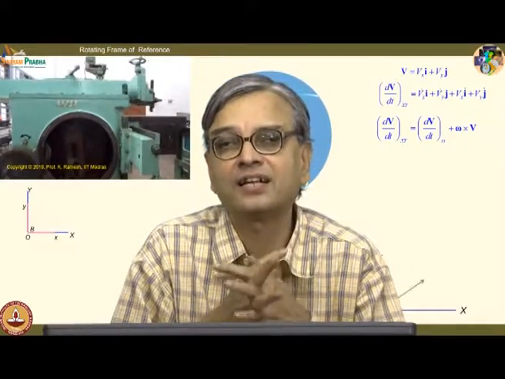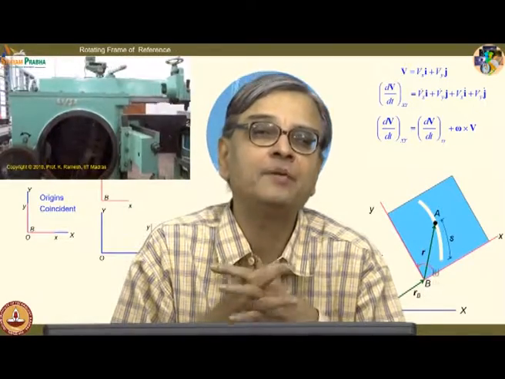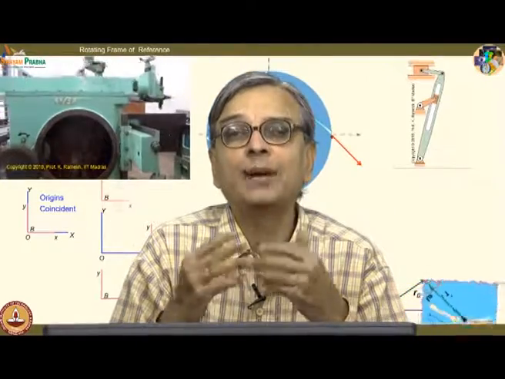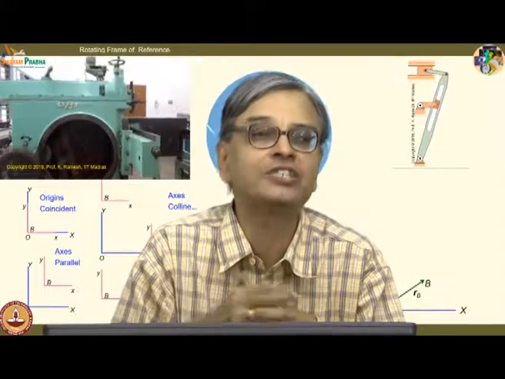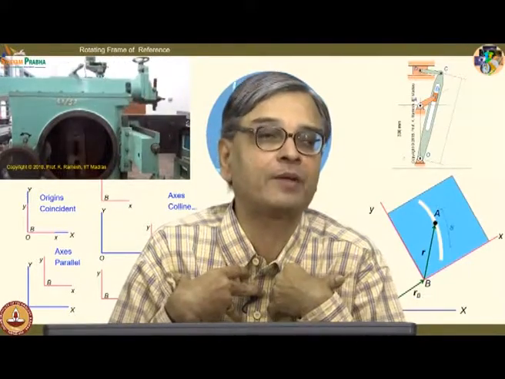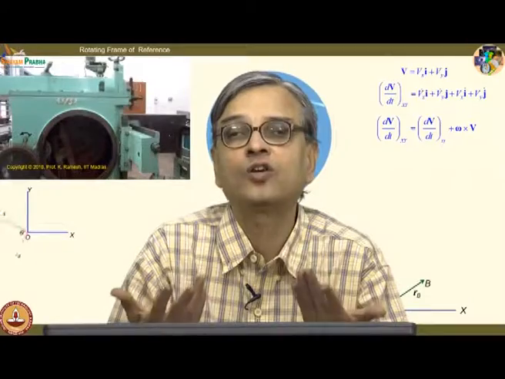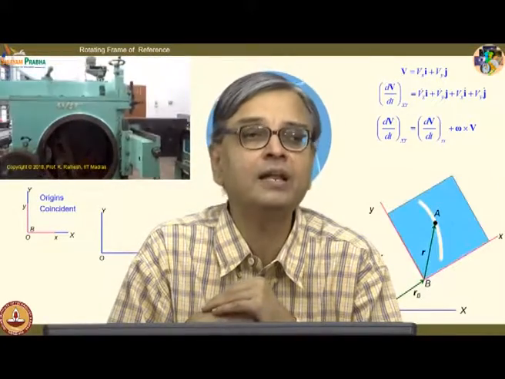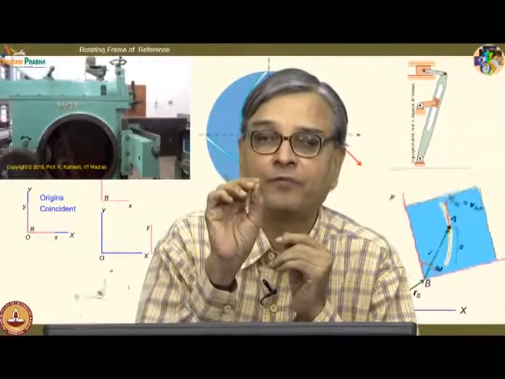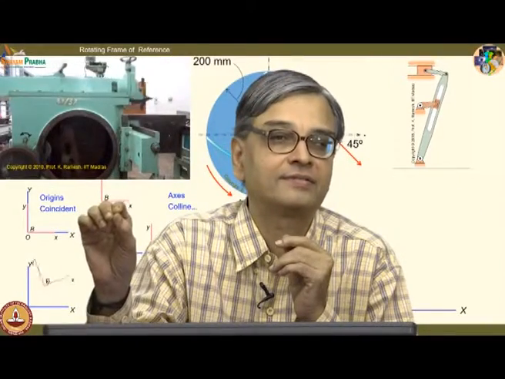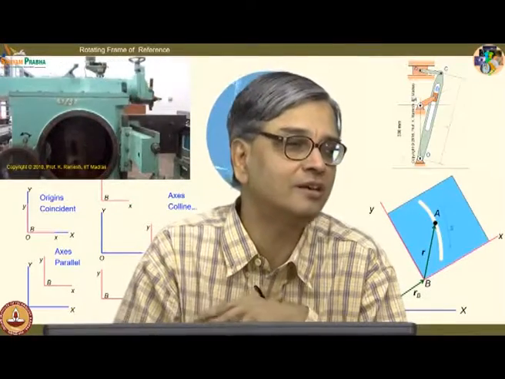So, in this class we have looked at a very simple problem, and we have dissected the animations so that you are able to appreciate what we actually mean when I am having a rotating frame of reference. What is the advantage? I must have an advantage by selecting a rotating frame of reference, and we have learnt a thumb rule. If I have a slotted member, attach a rotating frame of reference to the slotted member, and you have also learnt, do not attach the coordinate of the rotating frame of reference to the point of interest. You will not get any benefit out of it. So, what not to do is also something you should learn. Thank you.